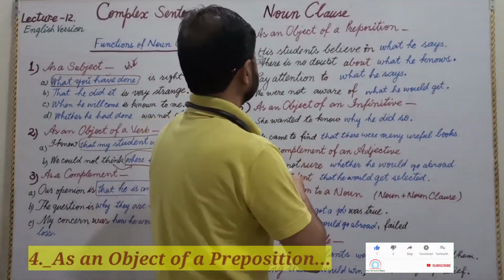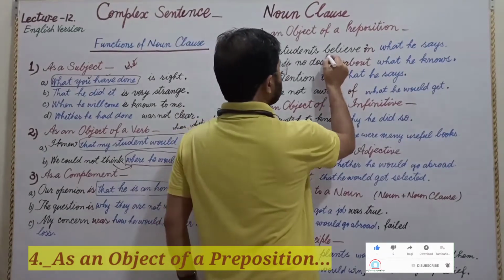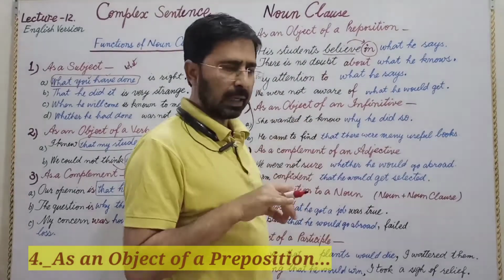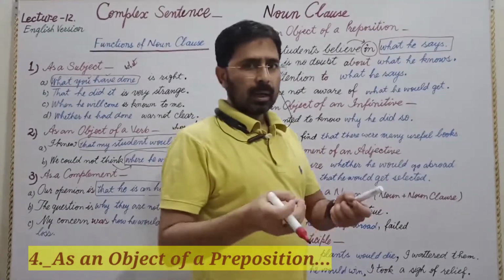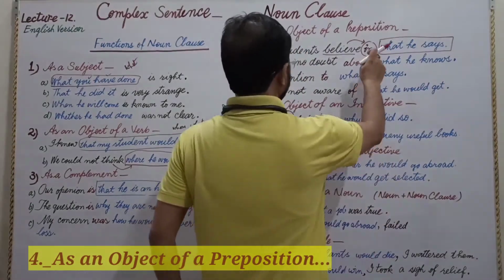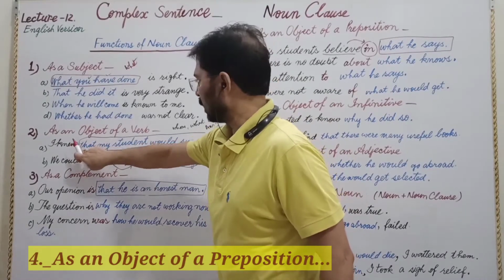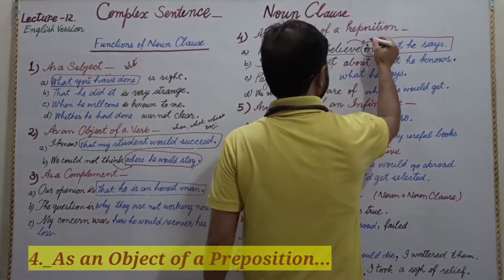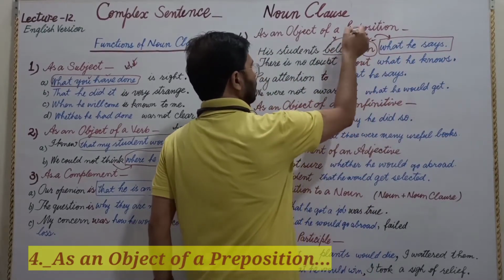Now let's understand here. His students believe in what he says. Believe is a verb here. After believe, it's a compulsion that we use in, believe in, and after in you have used a part of a sentence that has its own subject and predicate, in the form of an object. What is the difference between this and this? There is no preposition, and you have a normal part of a sentence with a verb, but there is a compulsion of preposition, and it is an object of the preposition, not of this believe.